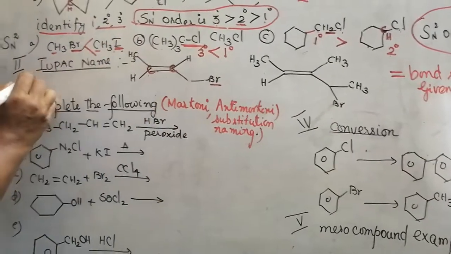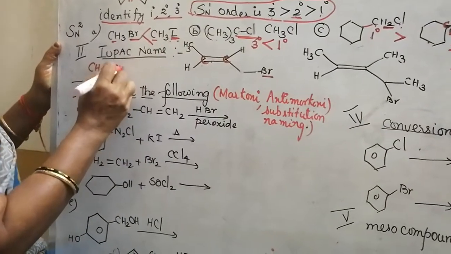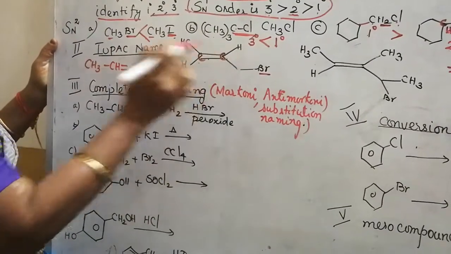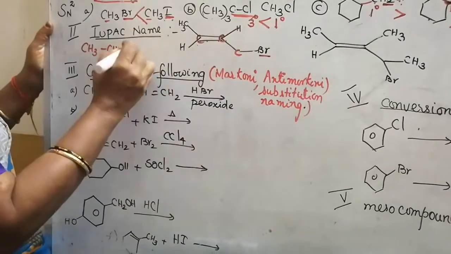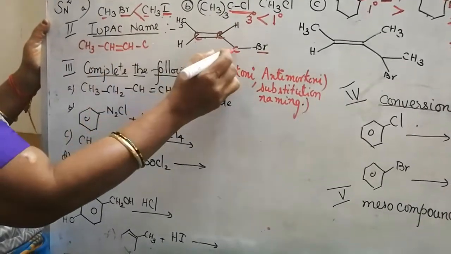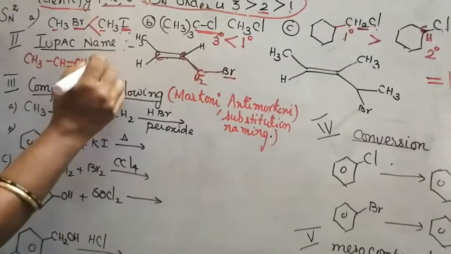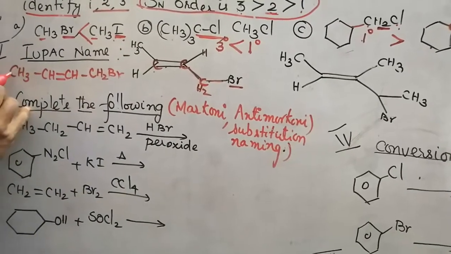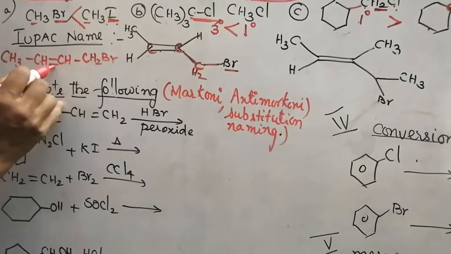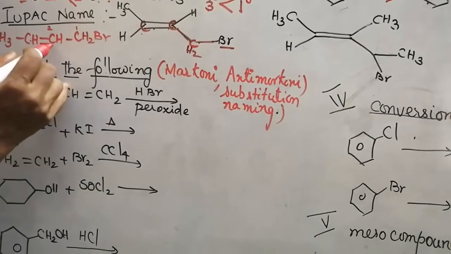So open this compound and write CH3, which is attached to CH, double bond, CH. This CH is attached to another carbon. Considering the valence of carbon, 1, 2, the remainder will be H2, so CH2Br. Now, if you come from this side, 1, 2, the second carbon is attached to the double bond. If you come from this side also, the second carbon is attached to the double bond.